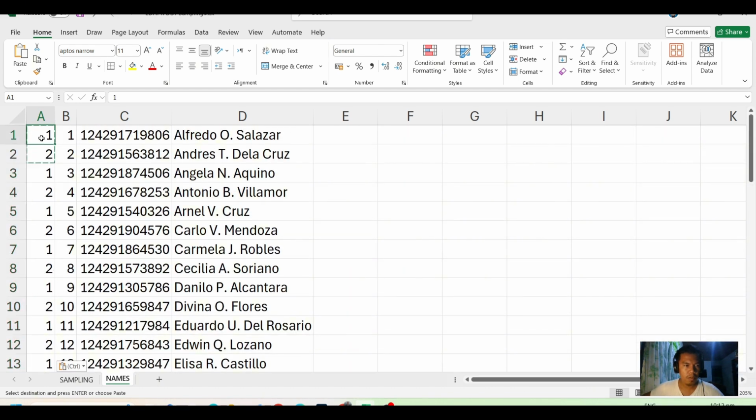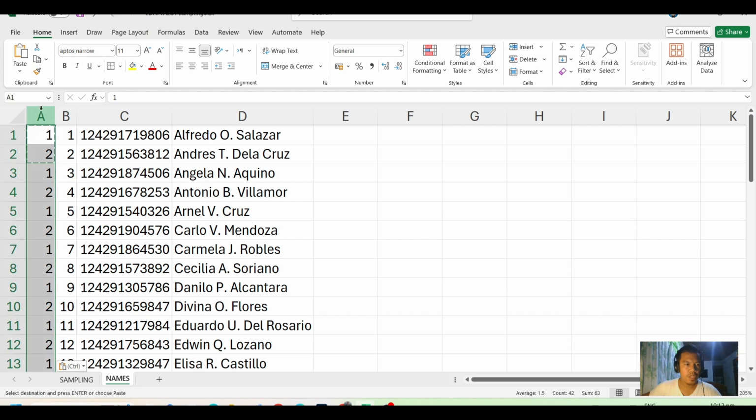So you get a 1, 2, 1, 2 sequence, a pattern. Number 1 will signify an odd number, and number 2 will signify an even number.